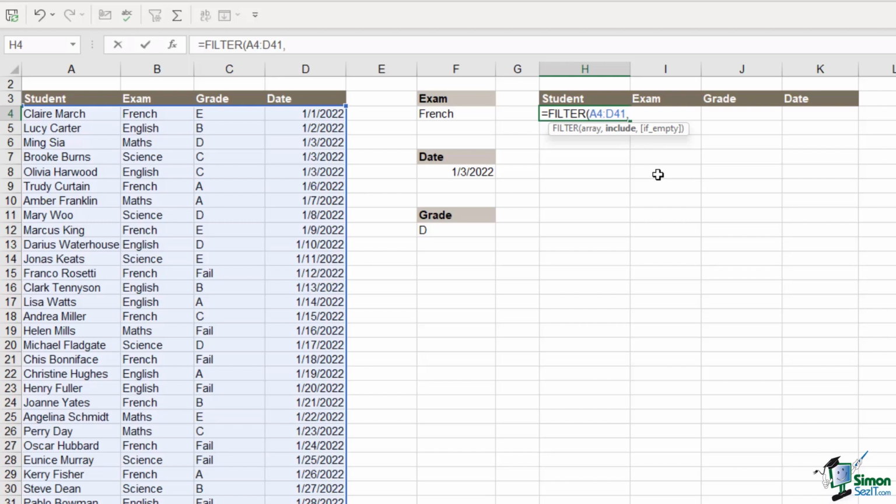Well, we're going to include two pieces of criteria again, and each piece of criteria needs to go in brackets. So the first thing that we're filtering for are all students that sat the French exam. So we need to select the exam range, Control, Shift, down arrow. That needs to equal whatever we have in cell F4. Let's close the bracket. Now we want to apply our asterisk operator because we want to say and